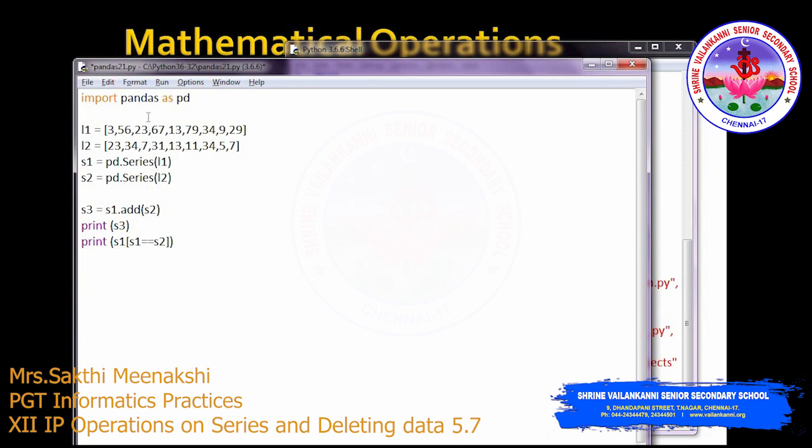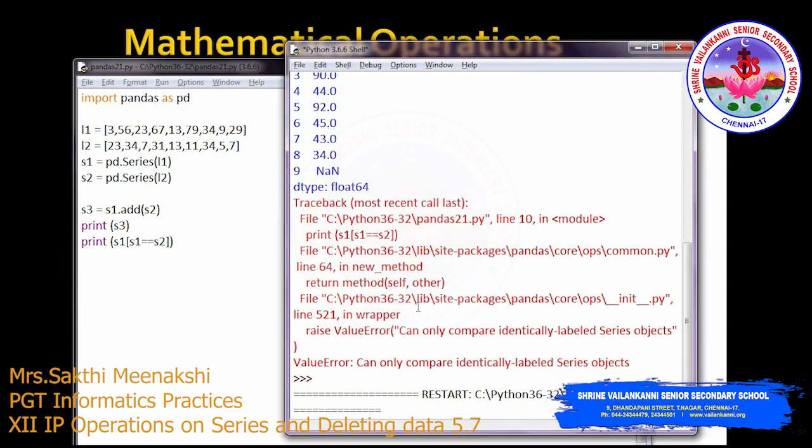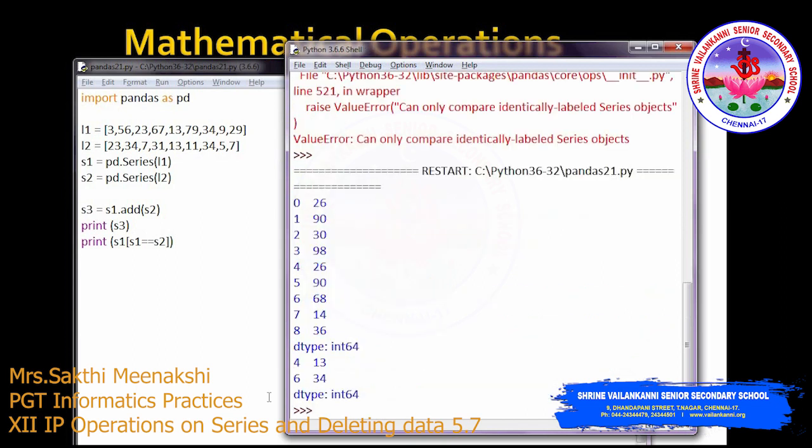Okay, so only the matching elements with the same index will be fetched for the result. So you will get only 13 and 34 here.